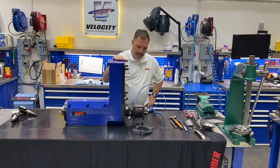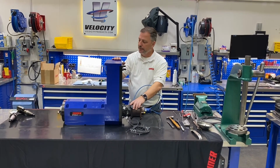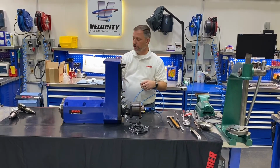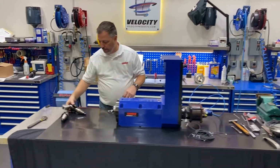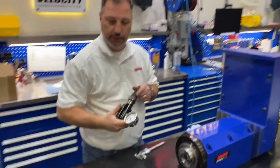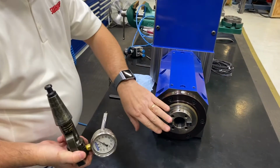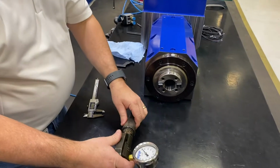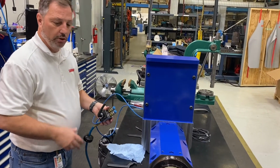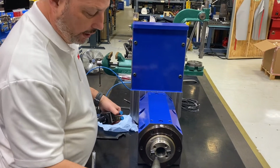Now that we have everything back together, now that we've adjusted our spring pressure, we need to check the spring force and now see what the pull force is on our gripper unit. So you'll need some type of, like I said, gauge. They come in many different sizes and digital. Of course, this is analog, but you'll need some type of gauge to measure your tension on your gripper. We'll use just some type of simple valve, or like I said, if it's on the machine, you'll be able to do it there. So we'll insert our gauge,